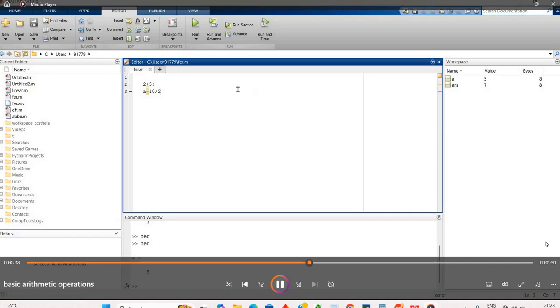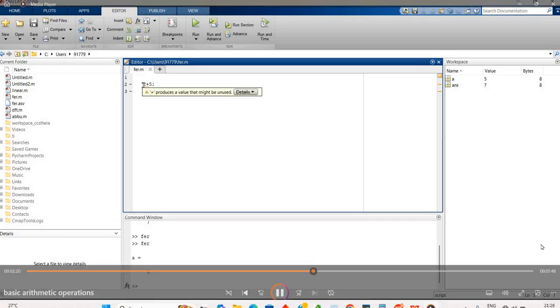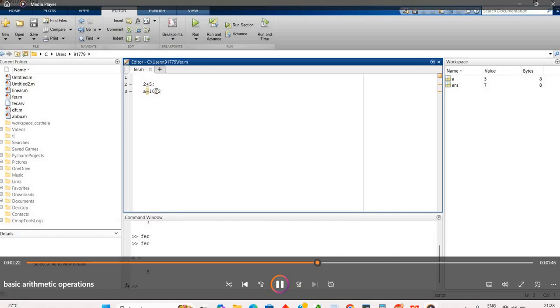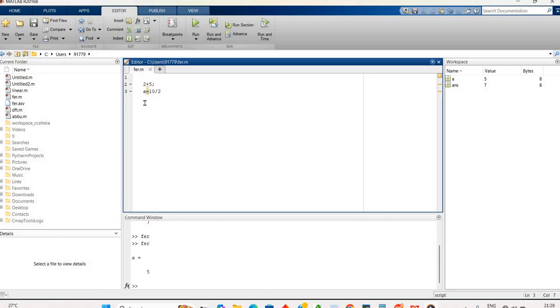Earlier I had not assigned any variable to the sum of 2 plus 5, but here for division I have assigned it to a variable A. Therefore you are getting a variable A with the output value which is assigned to it, and also its size. If I put a semicolon, then the answer is not displayed in the command window.